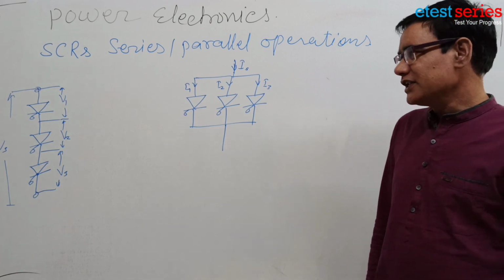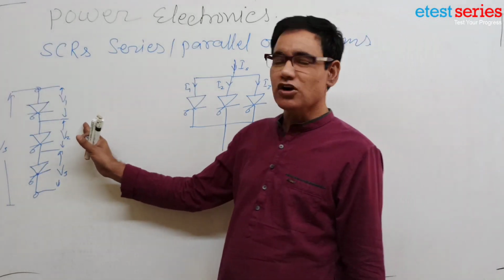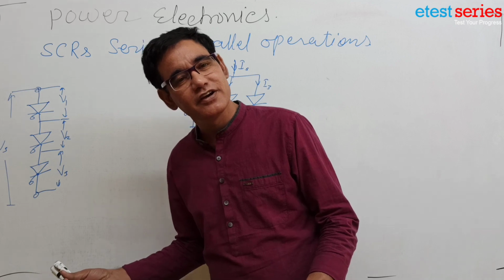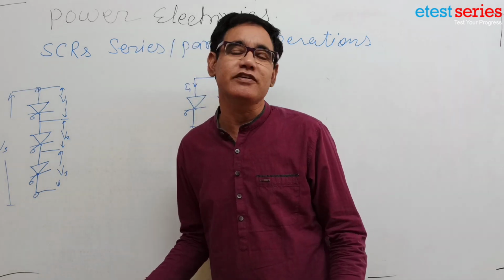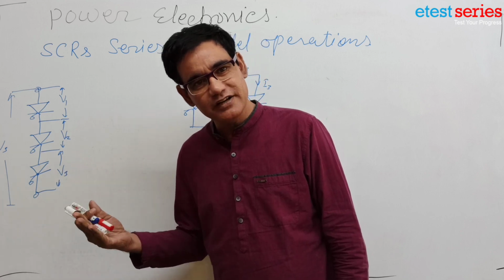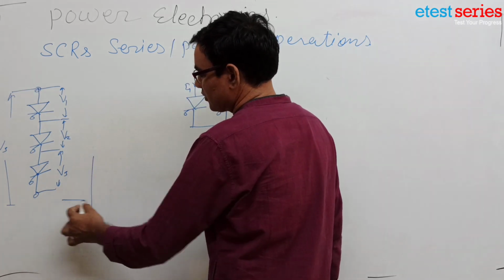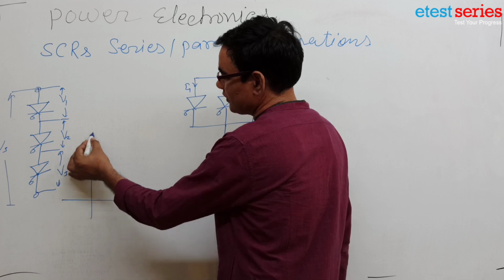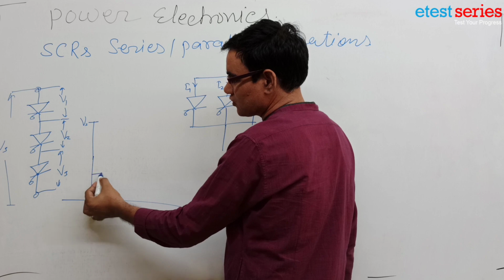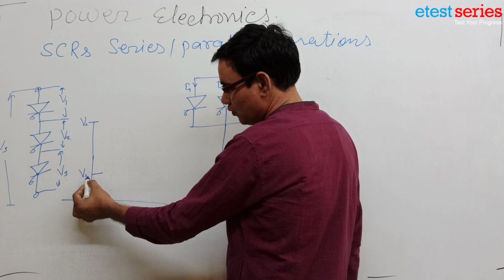So when they carry different voltages, they will be turned on differently and turned off differently. So when they turn on and turn off differently, the one that turns on late gets damaged. Why does it get damaged? Suppose that this is the Vs voltage and initially all the devices are off, so the voltage available across each one is Vs by 3.